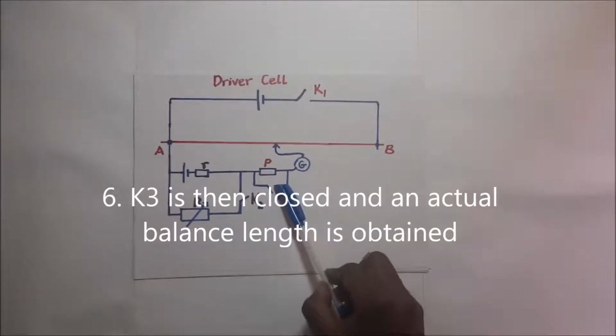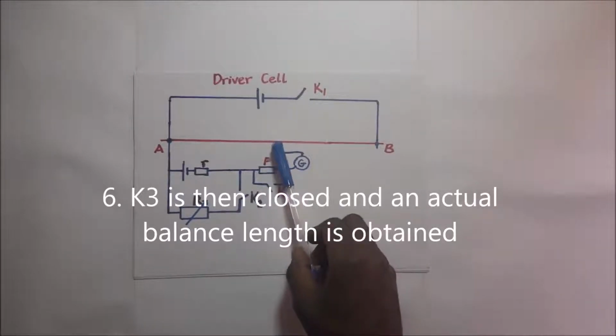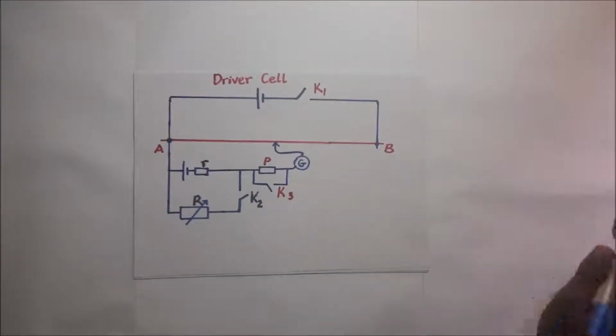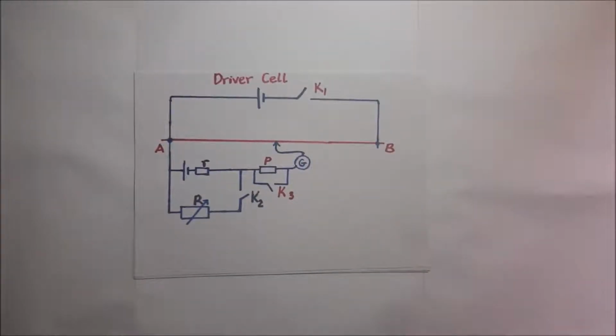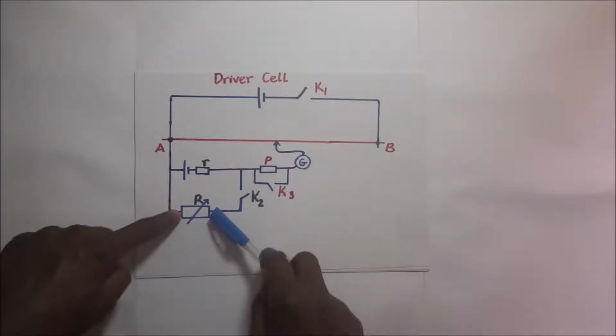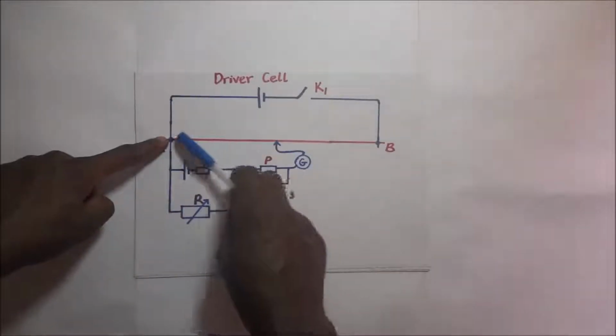After closing K3, it means we've bypassed the protective resistor. So we go ahead and tap this jockey along the slide wire AB until we get the actual balance length. When we get the balance length, the potential difference across this resistor is going to be equal to the potential difference across the balance